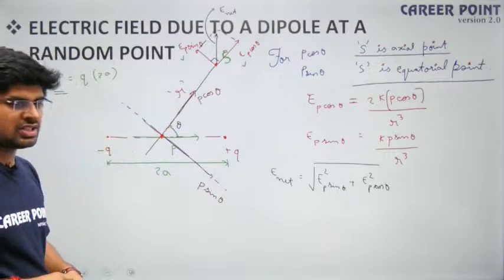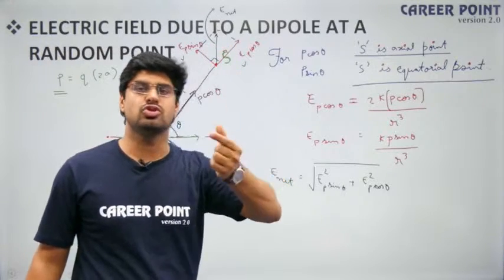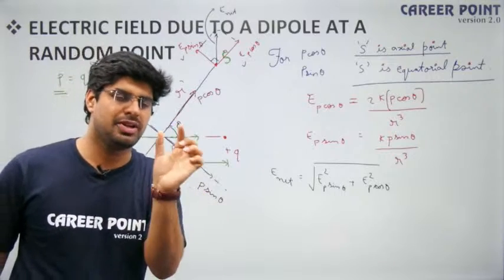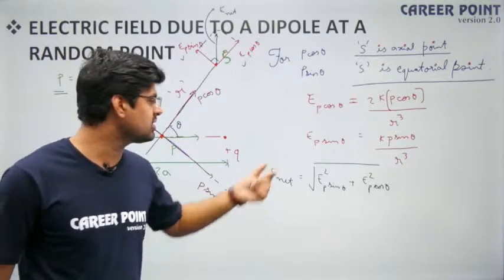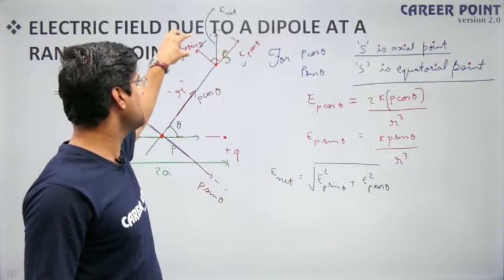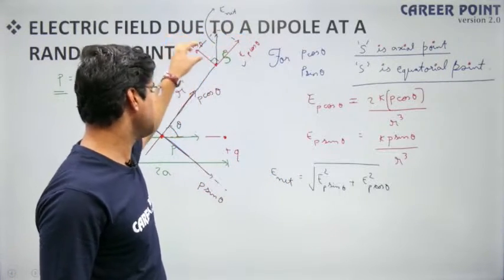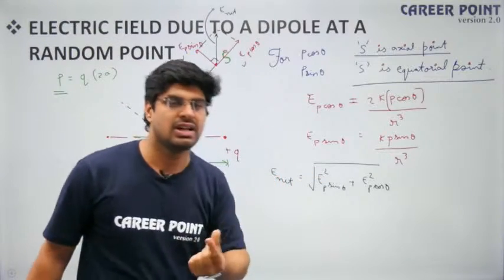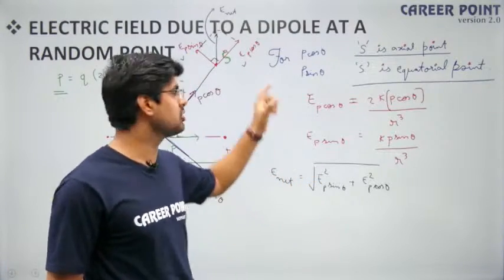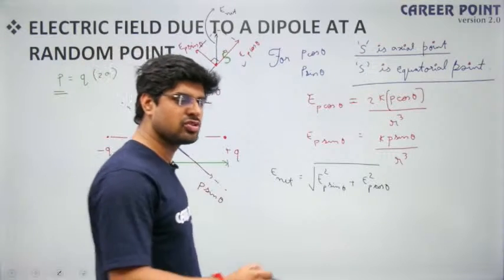because the two vectors are perpendicular to each other. If I write a square plus b square plus 2ab cos 90 degree, the 2ab cos 90 degree term will not come because they are perpendicular, and that's why I can directly write net electric field by these rectangular components. How? Square of this plus square of this under root will give me directly the magnitude of net electric field due to both the components of electric field. Is that clear or not? So from here we can say